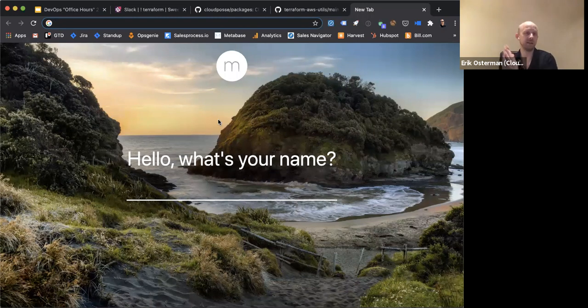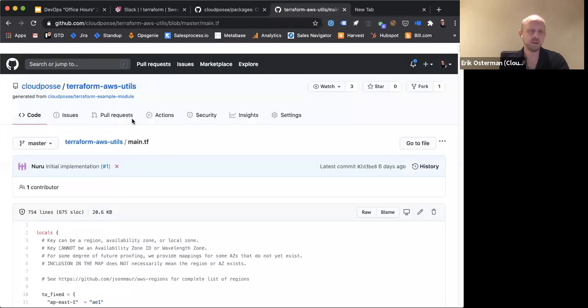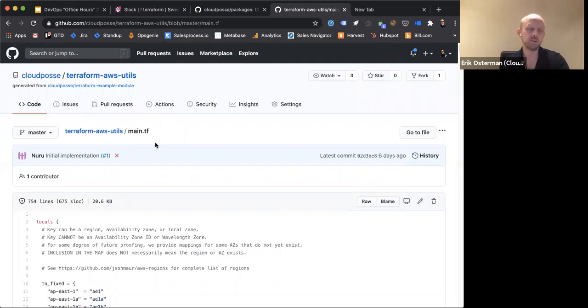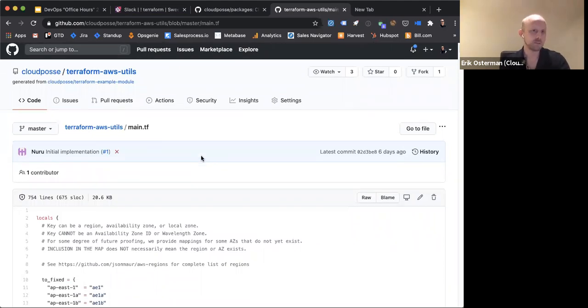The problem is that it's supposed to be general. So there are some things that we want to do in how we label things consistently for AWS, taking into account that many types of resources are limited on length. And since we're working on this for a number of customers as we speak, we decided to create a new utility module, which is where we can put some of these opinionated naming conventions.